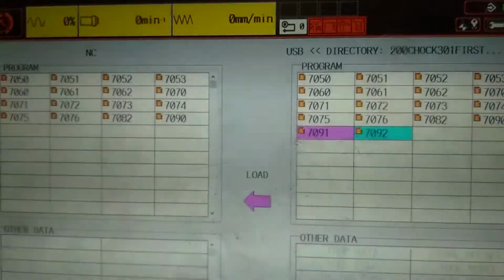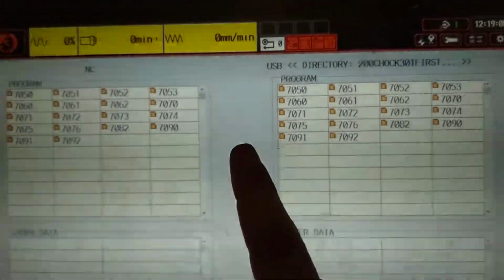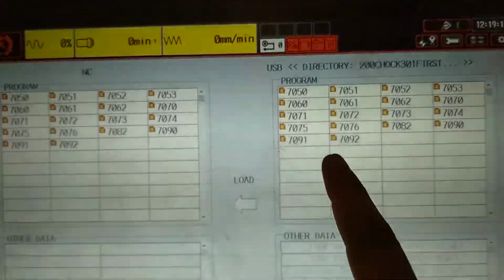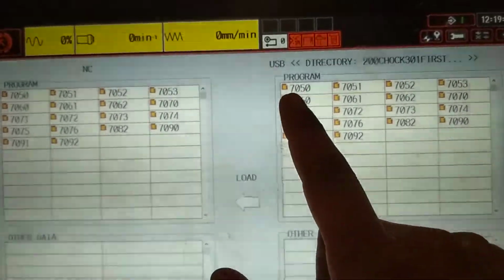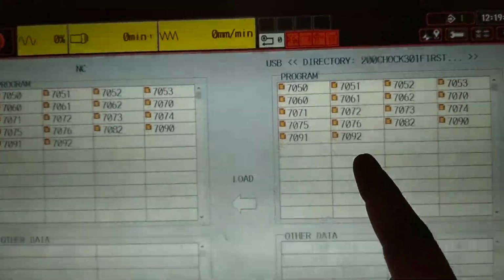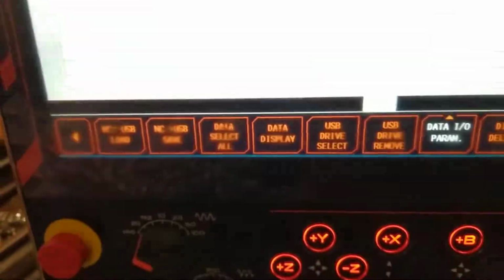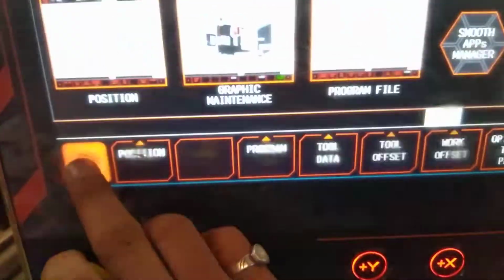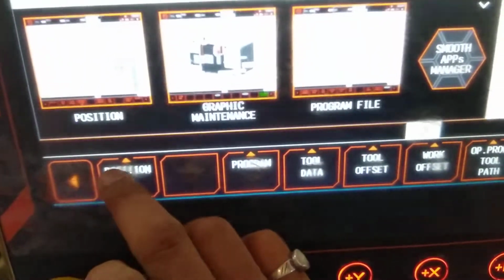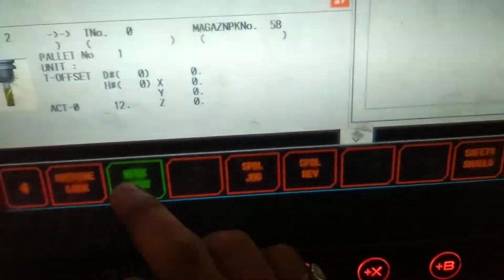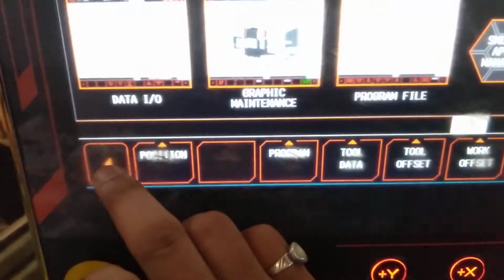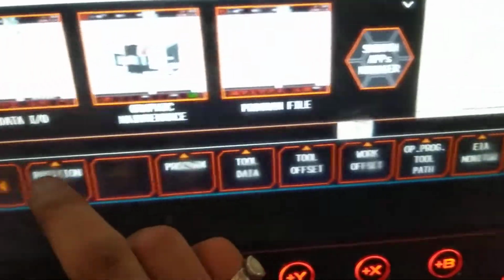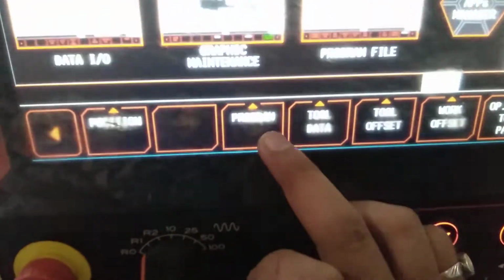Now you will see how to check these programs, 7052, 7092. You can come here, click on this position here, come here, program,